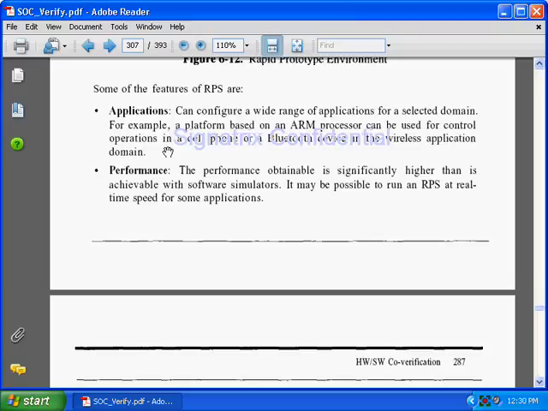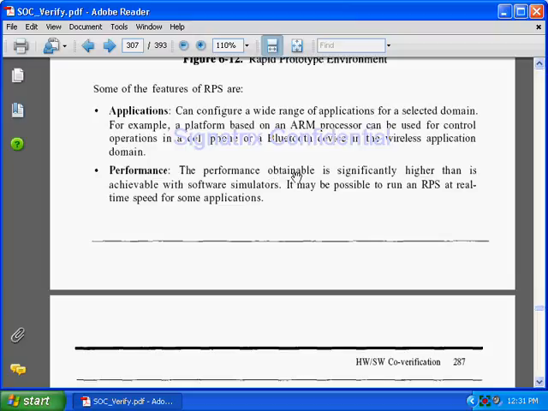So they are taking one example of a Bluetooth device and wireless application. Okay, so the processor will control the operation, like any operation pertaining to any protocol is taken care of by the processor.